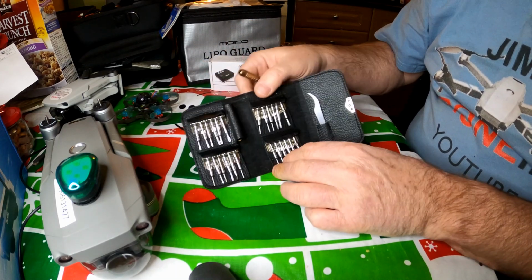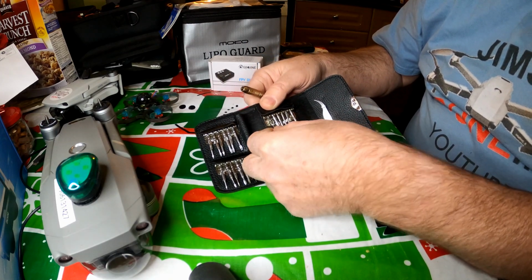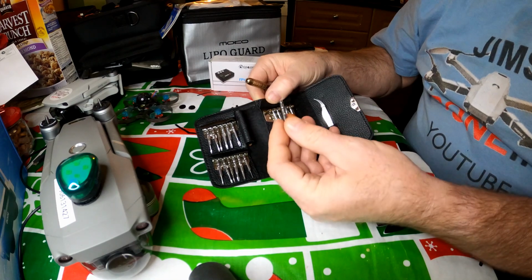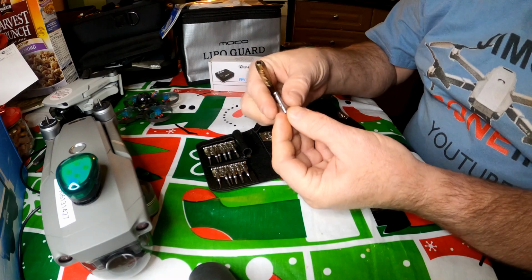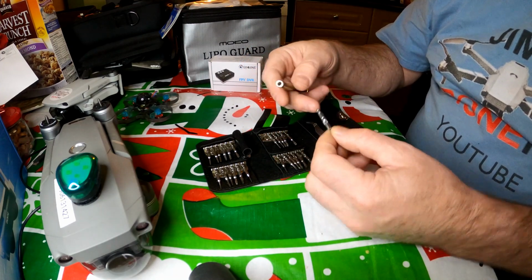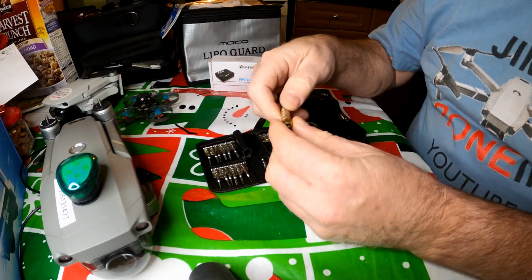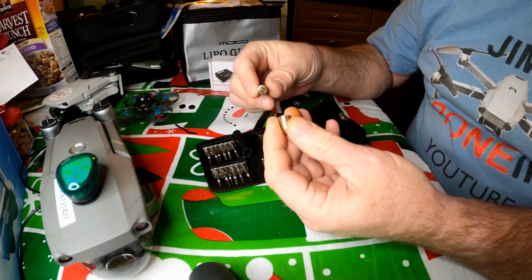They're all kind of hanging in here, and all you do is, I guess you just lift it up, and it pops out. It's got little grooves here to hang in there, which is kind of cool. Now here, the tip of this is your little tool. It swivels, and this here should just unscrew. So you just kind of unscrew that,